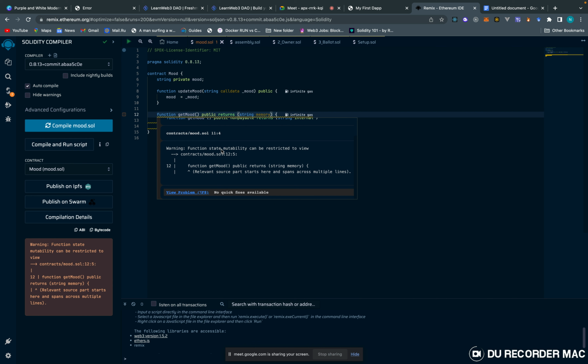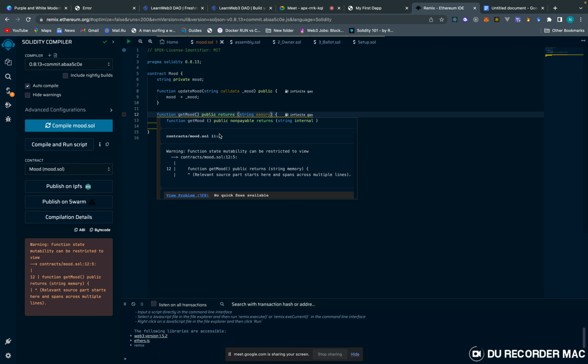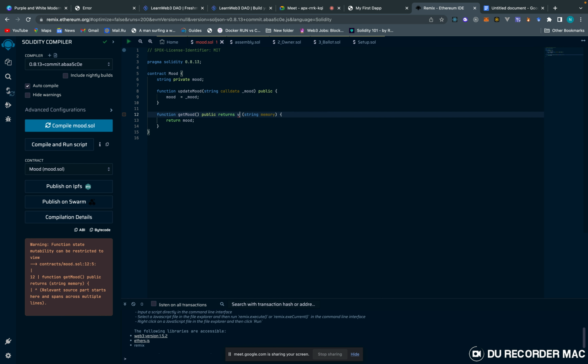So this is the warning. It says function state mutability can be restricted to view. Now being view helps to put some restrictions on it. It means that anytime I call getMode, I can't update the current